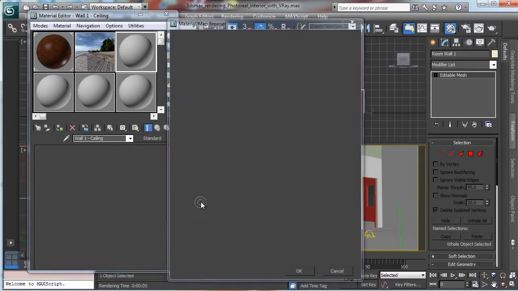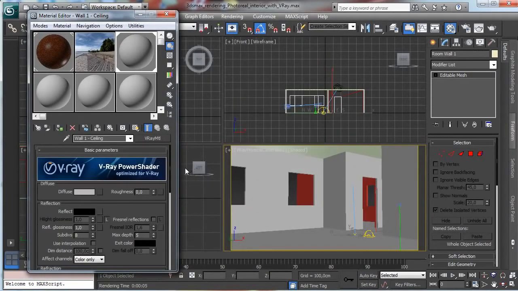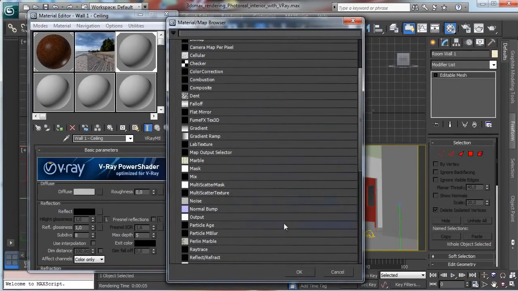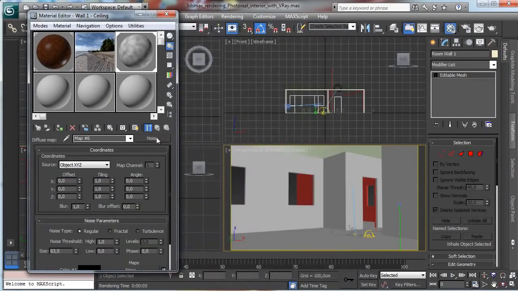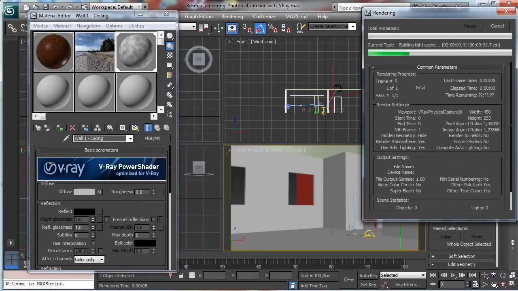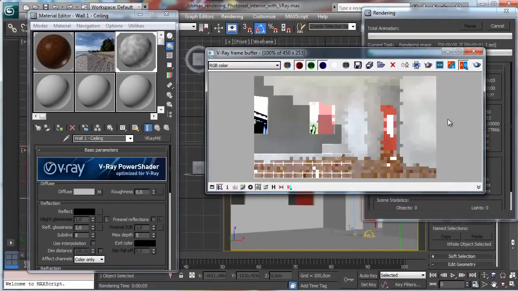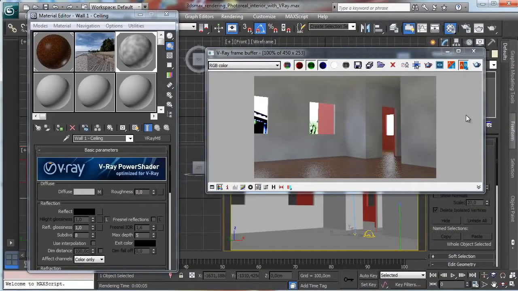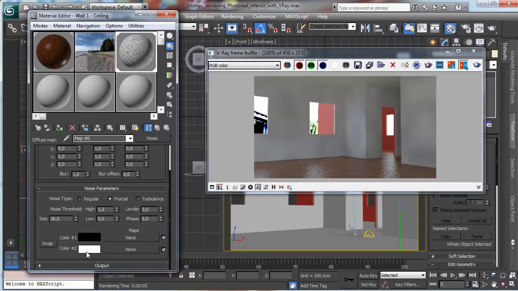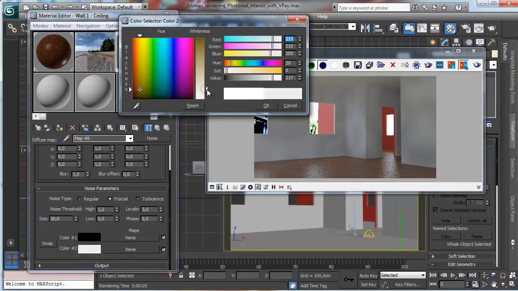Okay, this one will be a VRay material. It will be obviously a standard material like this one. Let's say that our color is controlled by a noise, and let's see how it looks. We have to find the right scale of the noise, so you see that it is not so much big, so we go to have a lower scale, and we say that we use a fractal, and it will be a little bit like this one, a little bit,